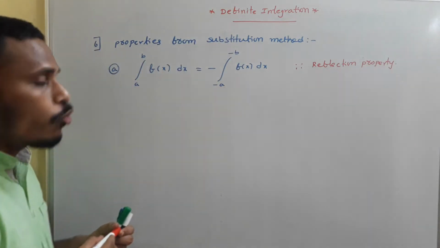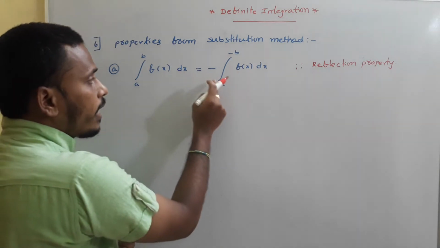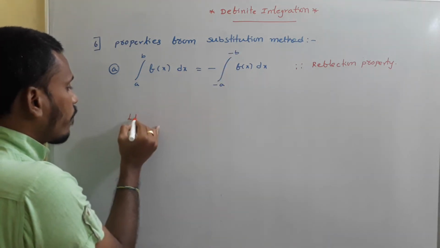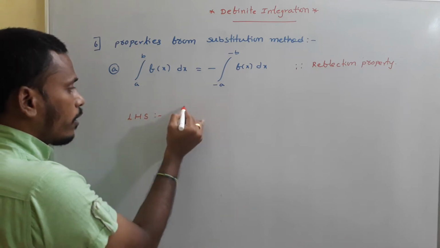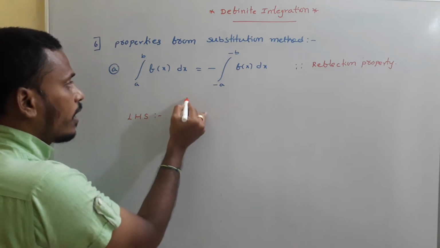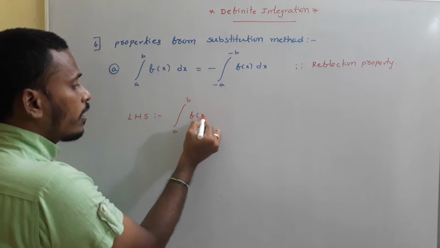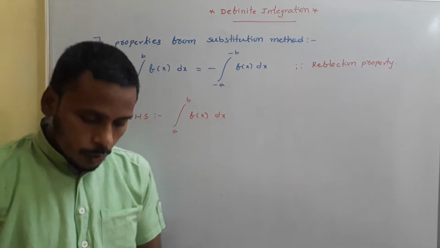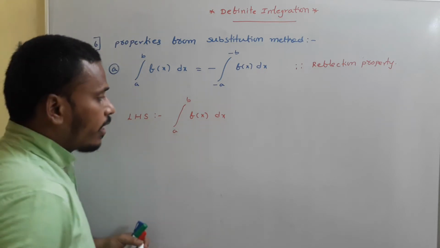So integral a to b f of x dx is equal to minus integral from minus a to minus b f of x dx. Now I am going to prove this property. You just start with the left hand side, integral a to b f of x dx. We need to reach the right hand side. To reach the right hand side, you just take